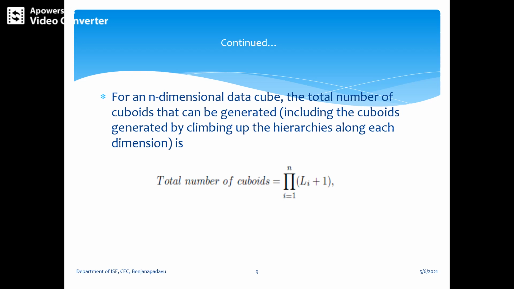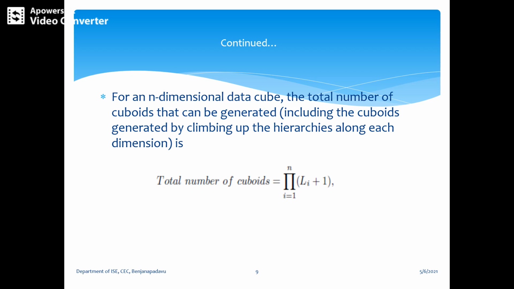So a cube operator on n dimensions is equivalent to a collection of group by statements, one for each subset of the n dimensions. Therefore the cube operator is the n-dimensional generalization of the group by operator. Define a cube sales cube with city, item, year, and sum of sales in dollars. Compute the cube sales, or sales underscore cube.